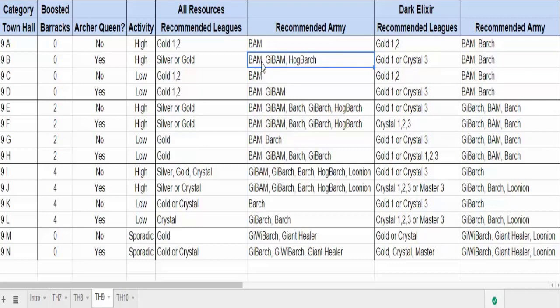The reason you should be using BAM and not something like Barge or G-Barge is because BAM is a very time efficient army, and since you're not boosting any of your barracks, you should be using time efficient armies such as BAM, so you can get an army quicker and do more raids and make more loot in less time. Now if you want to focus on Dark Elixir, then you should be farming in Gold 1 or Crystal 3, as you'll find better distribution of Dark Elixir up there and you don't have to worry about zappers, since in Silver League you're going to get zapped all the time when you log off. So a recommended army again would be BAM or Barge. BAM is a very time efficient army, so you want to get more raids done, and that way you'll make